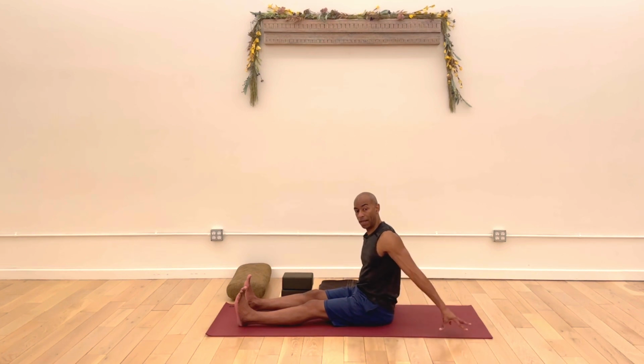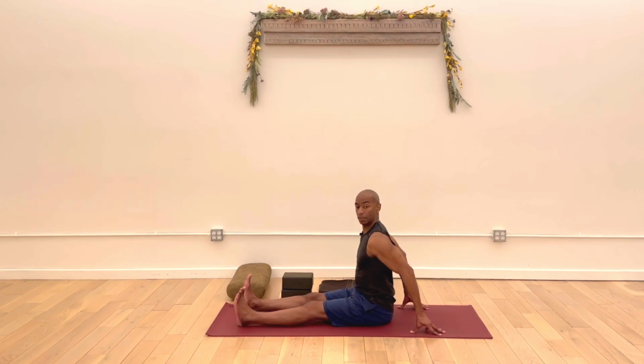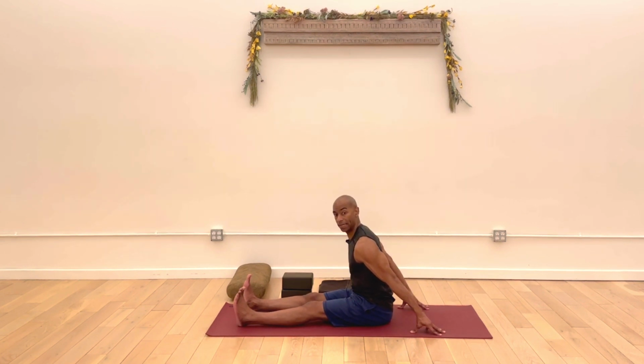I'm going to take my hands behind me. We did this a little bit earlier. Okay, propped up onto your fingertips, both hands. Even slightly in so the elbows bend. Push to help extend spine, and then push again to send heart forward. Does that make sense? So you're just, the fingers and arms are keeping you propped in place as you